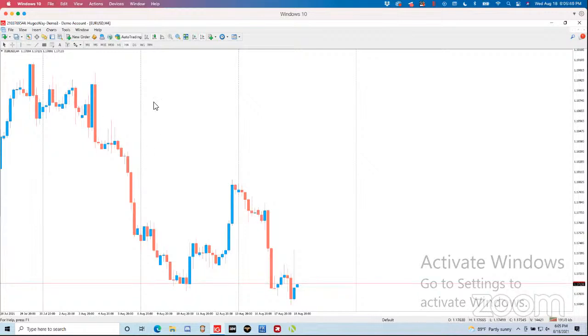And once you got it installed, which is just a regular download, double click the exe file,